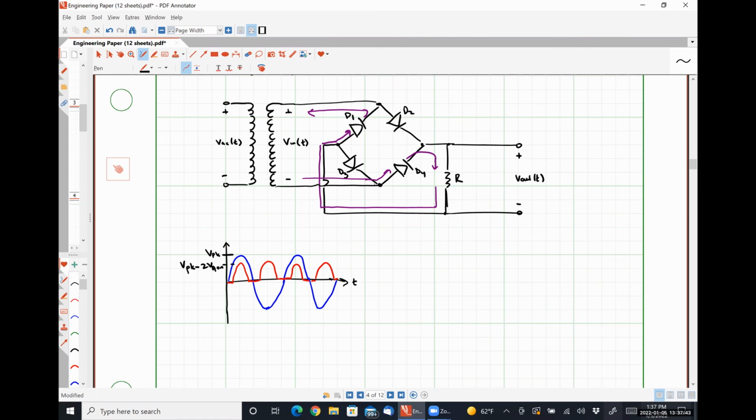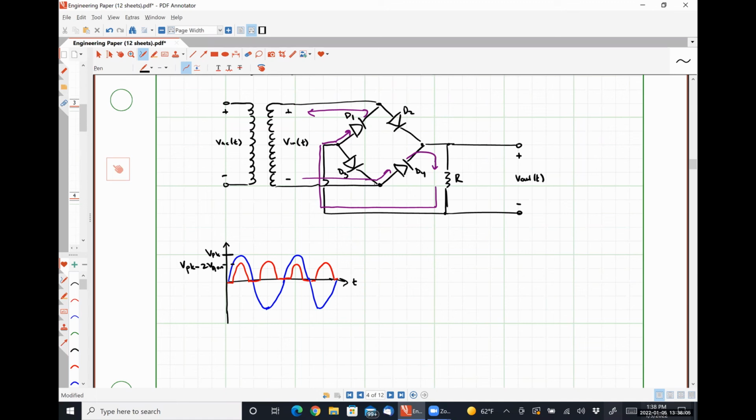It's going to hit this node where D1 and D3 are. D1 is now forward biased. And then our current circles back to the left and flows in a counterclockwise direction through our transformer's windings. Mr. Steen, so does it not go back through like D3 or